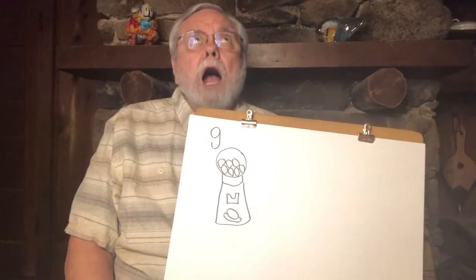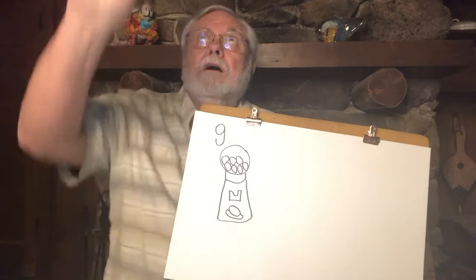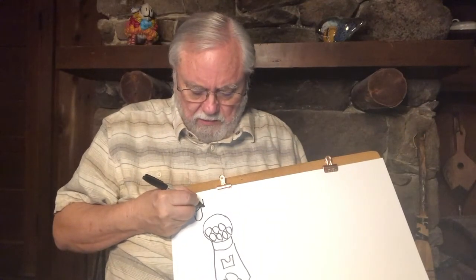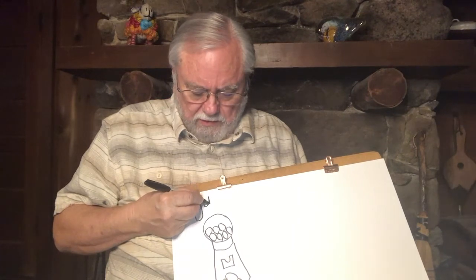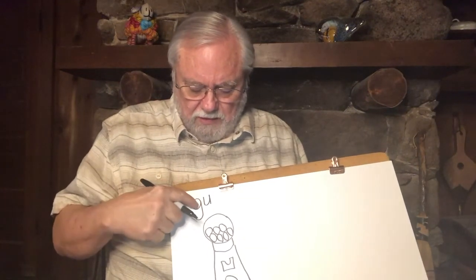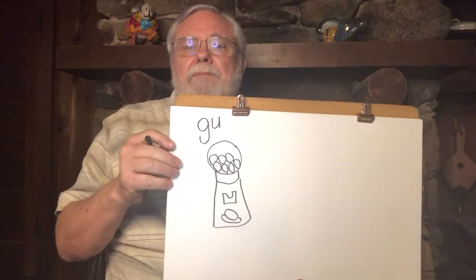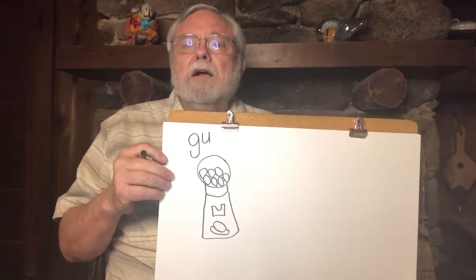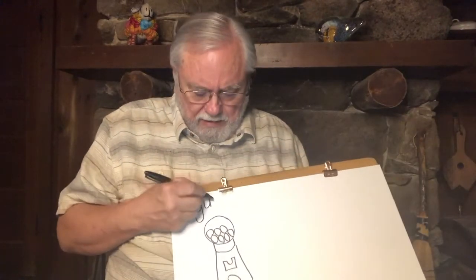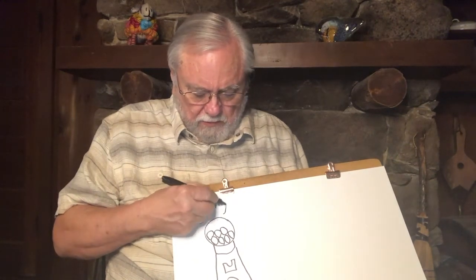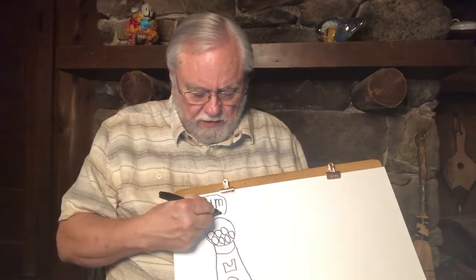Now we need the next sound. Say gum. What do you hear next? Uh, for Uncle Upton. And how does he spell his sound? With a U. So we're going to make a little curve. And notice that stays up tall where the G goes down below. Okay? What's the last sound in gum? Gum. Moving your magic mop. How does Mimi spell that? With an M. And so there's my word gum, and since that's a noun, we'll put it in a circle